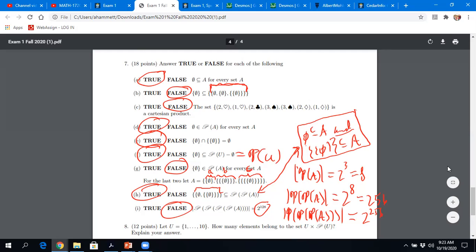And actually the last problem, almost everybody got that one right. U has 10 elements in it. So what's the size of the power set of U? 2 to the 10th. And then you could put that with any one of the 10 elements as the first entry, yes? So the total number of things is going to be 10 times 2 to the 10th, which is basically 10,240. And it's sort of surprising that you have 10,240 elements in the Cartesian product of those two things, okay? And again, I'd be happy to discuss some of this more with you if you happen to have additional questions, but that is the thrust of what's happening here.